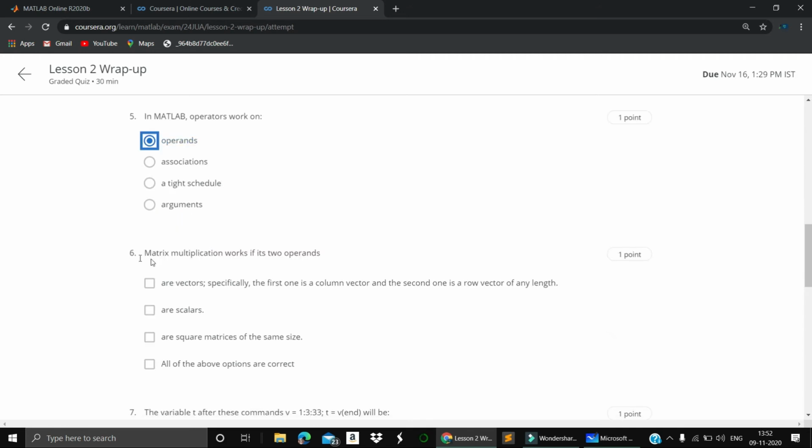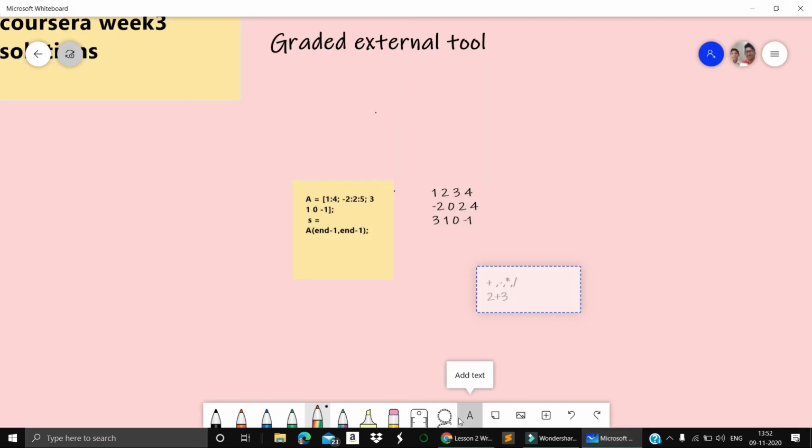Next. Matrix multiplication works if two operands. This is quite an interesting question. Suppose A is a matrix which is n cross n. Similarly, B is a matrix which is 1 cross n.